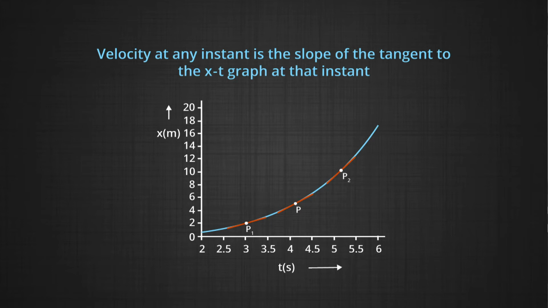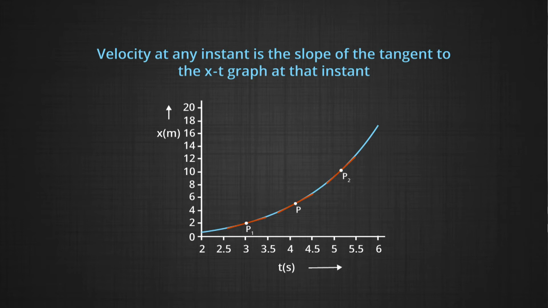If you look at this graph carefully, the graph is facing upwards. It means that the curvature is such that its center of curvature must lie somewhere above this line. So, it would indicate that the slope at different locations as we move from P1 towards P2, let us say, is going to become more and more. So, the object must be covering more distance in the same time, or you can say the velocity is changing. The velocity is increasing as we go towards P2 from P1 because the slope is going to become more and more.